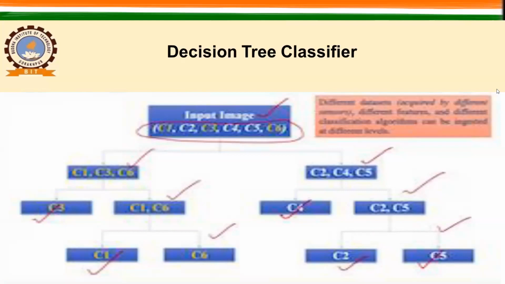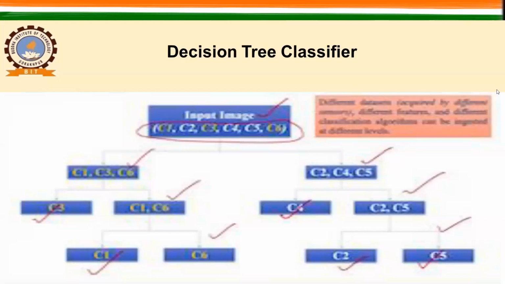Now here you can provide more input data, so that you will be able to segregate all these classes separately. If we look further, you have segregated C3 from C1 and C6. C1 and C6 are segregated to further subdivide this C1, C6 class into separate groups. So now we have C1, C6, C3 in separate outputs. Similarly, you can ingest some datasets with different logic or different classification techniques, and subsequently you will segregate all the classes here. So ultimately we have all these classes separate, right?